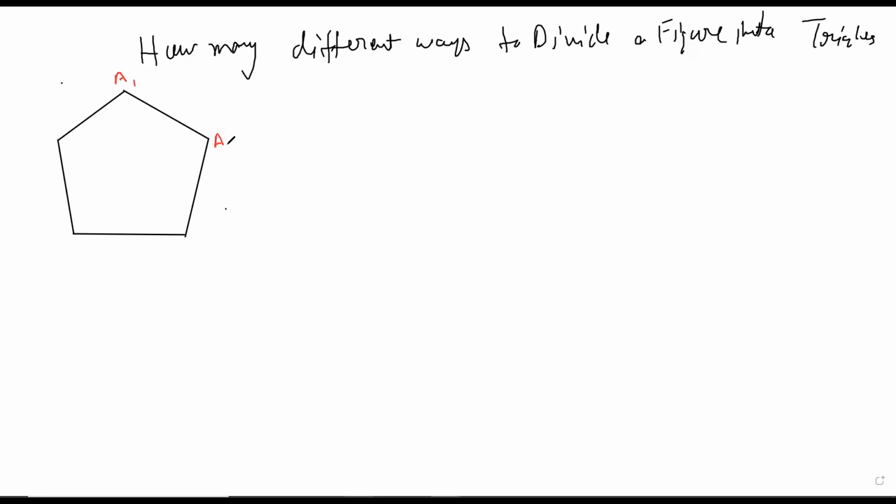So A1, A2. Those of us who may find this labeling a little weird, just remember that I'm just doing A subscript 1, A subscript 2, just to depict the second side, third side. I have abandoned the scheme of using different letters because we might run out of letters.